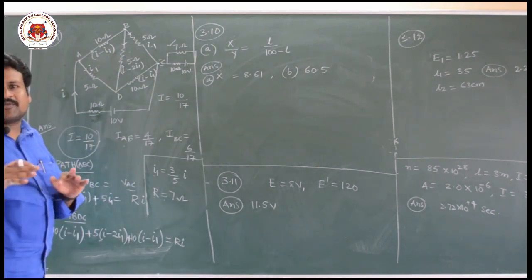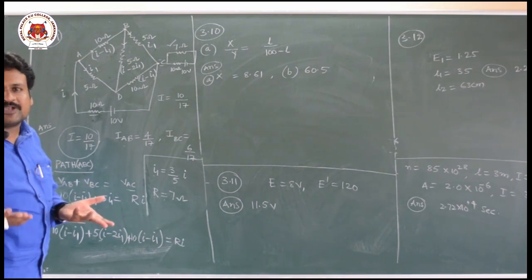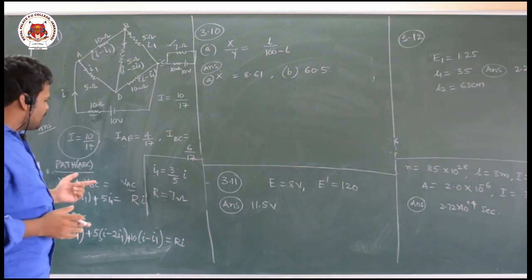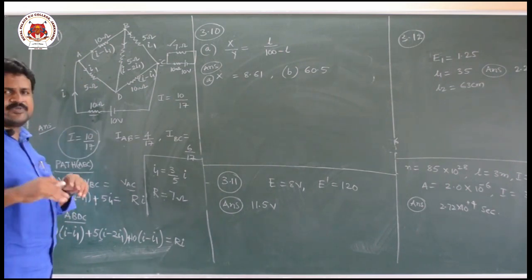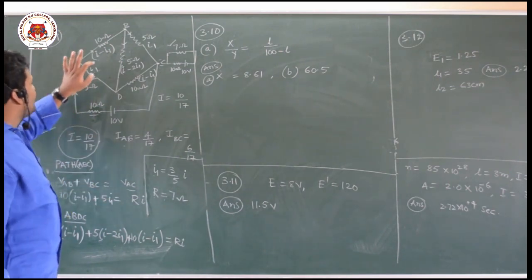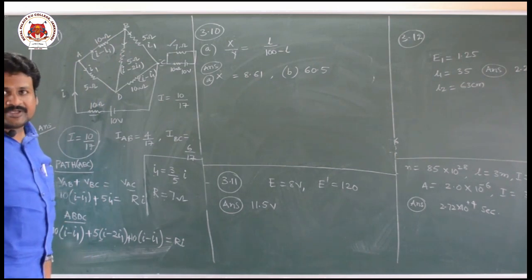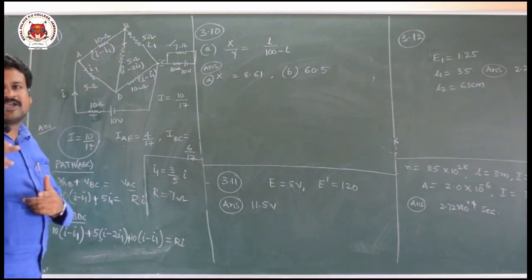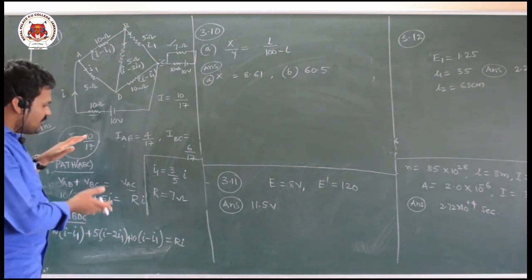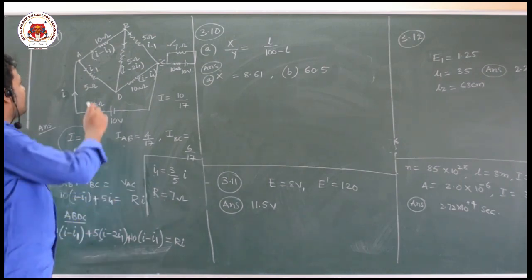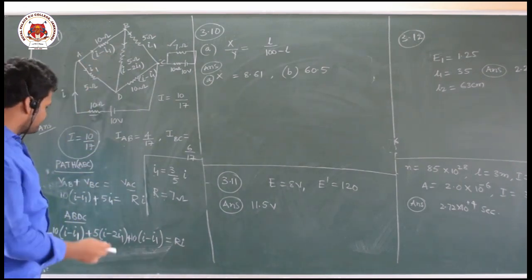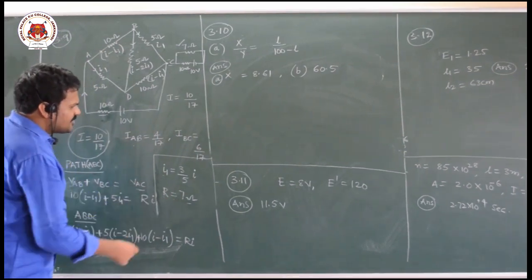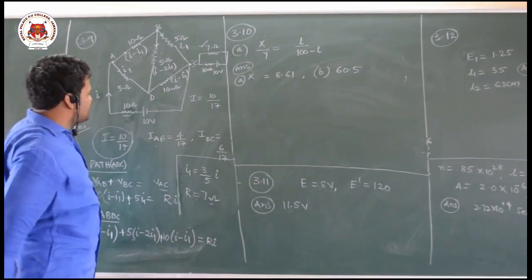Why am I writing I minus I1 instead of taking I1 and I2? Because if there are more variables, more unknown values, you will require more equations. Suppose you see this problem answered in different books, they have taken I1, I2, I3, I4 and I5. If you take I1 to I5, you require 5 equations to solve. For that reason I made only 2 unknown values, I and I1. So after getting 7 ohms you will get the answer as 10 by 17.